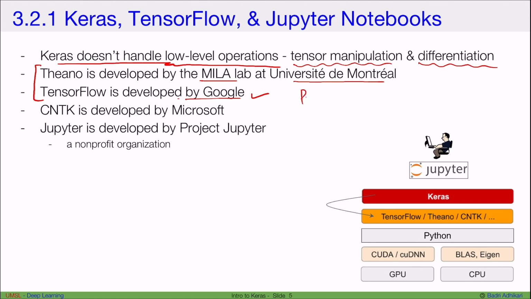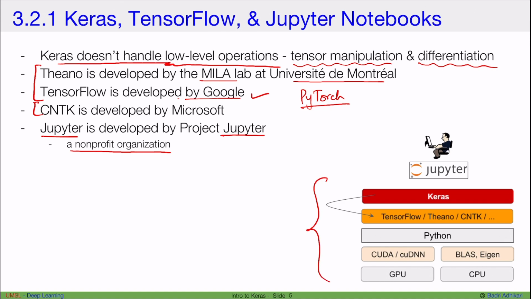Theano is developed by Mila Lab at University of Montreal. There's another one called PyTorch that's a similar library, a competitor. And then another one is CNTK. Now, Jupyter is a separate project developed by Jupyter. It's a non-profit organization. I think it was recently bought by another company. But overall, this is how